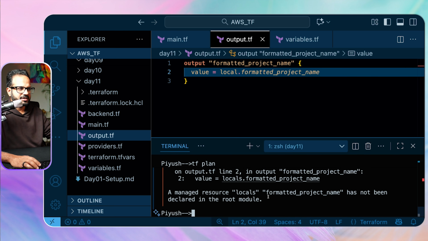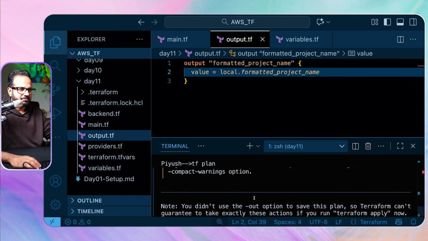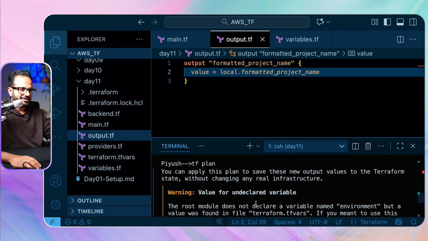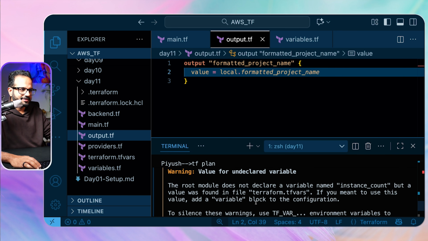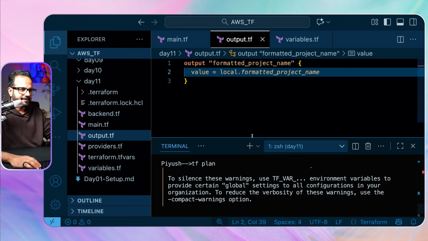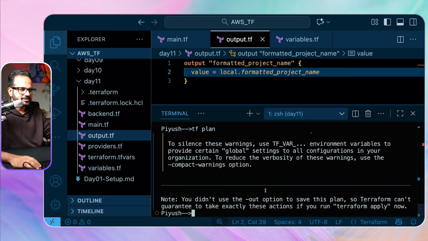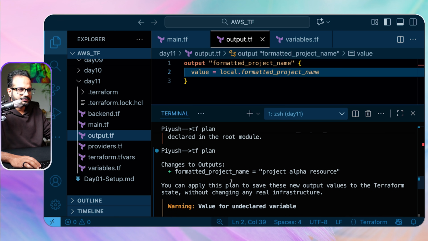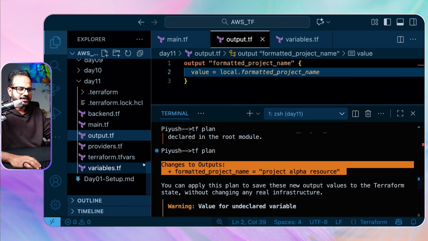Let's see, I'm not sure. I mean, now it is showing that. It is throwing some warning, but still, if you see,